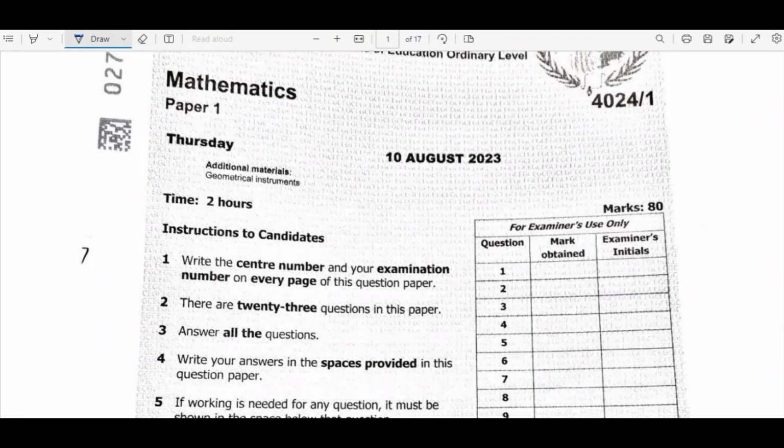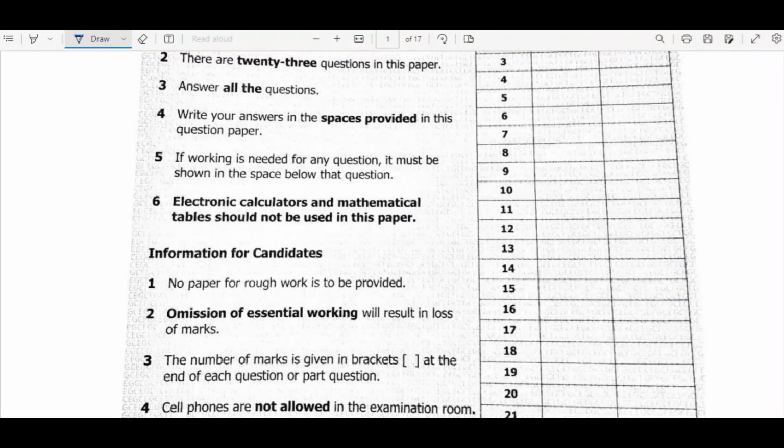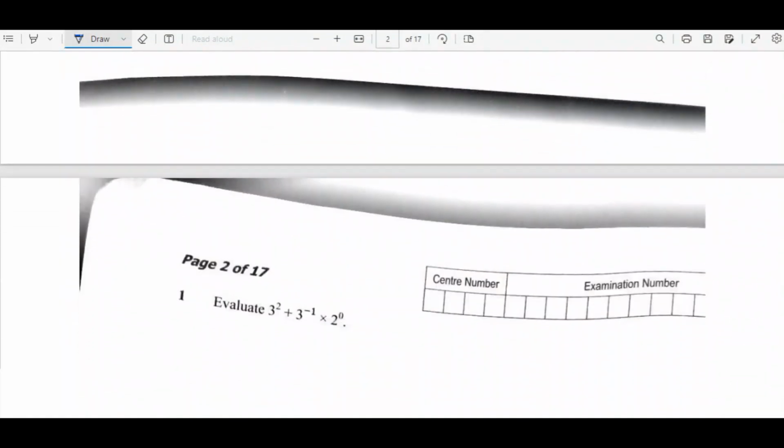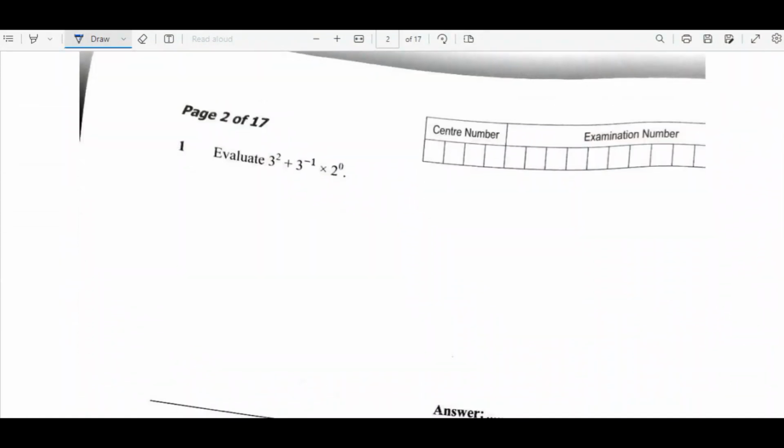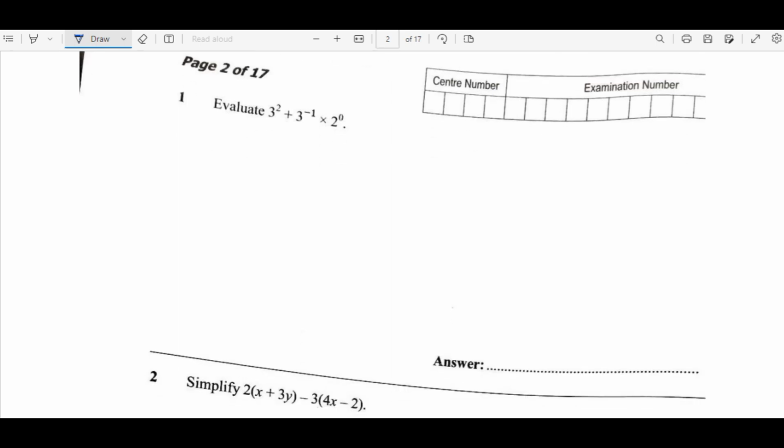In today's lesson, we want to revise Mathematics Paper 1, which was written in 2023 under external candidates. So now this paper is Paper 1, and we are going to revise together. Okay, so we'll start with question 1, which is evaluate